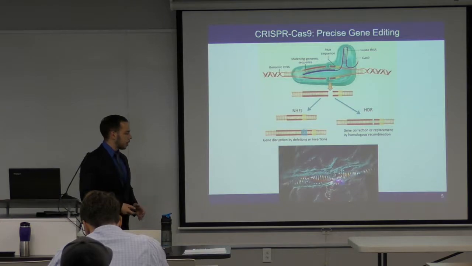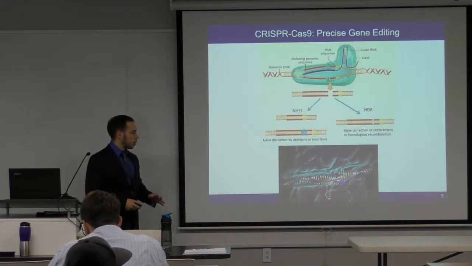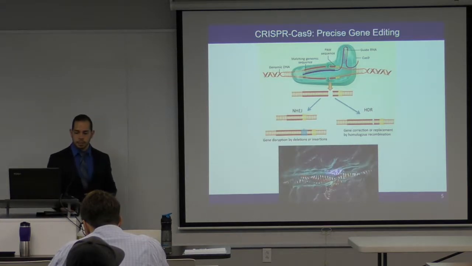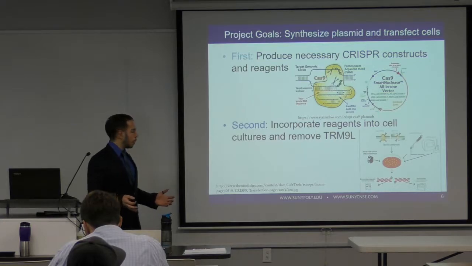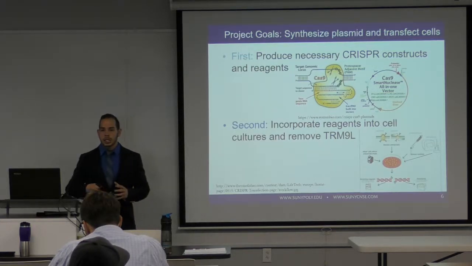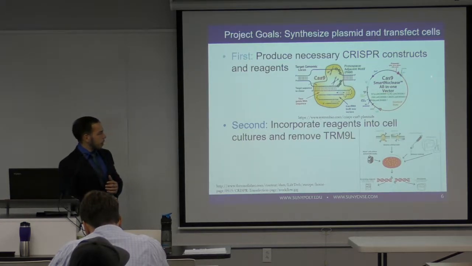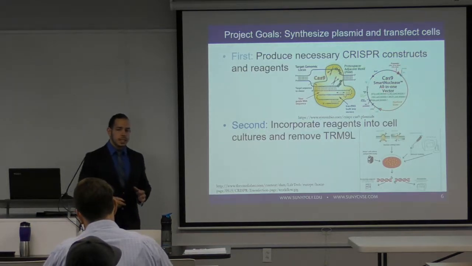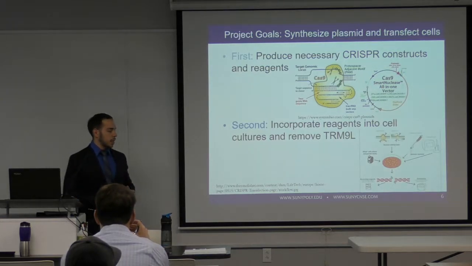We have a large Cas9 protein bound to the red single guide RNA in the background, and it will produce the double-strand break in the DNA. Okay? So what I want to actually accomplish during this study is that first I need to produce my CRISPR construct. So to actually deliver this system into cells, I needed to first inject targeting strands into a plasmid that contains all the necessary components,